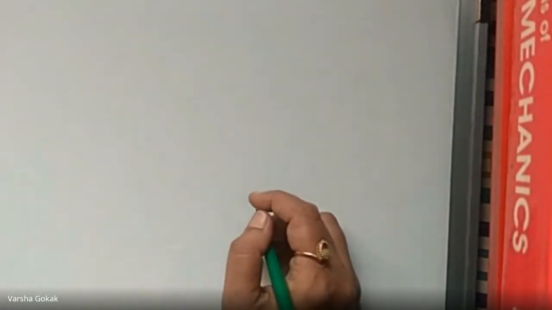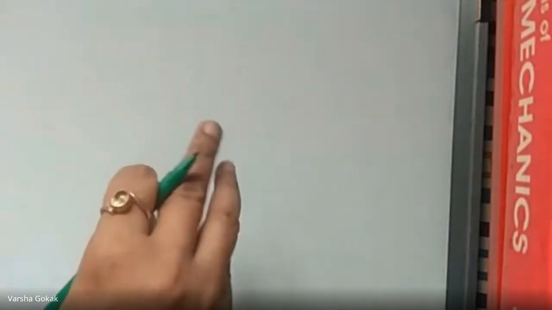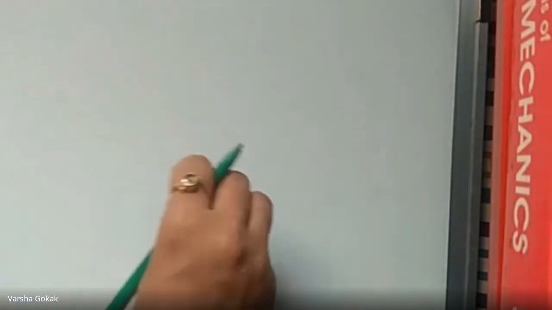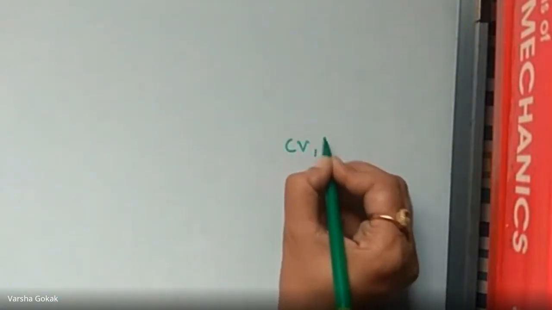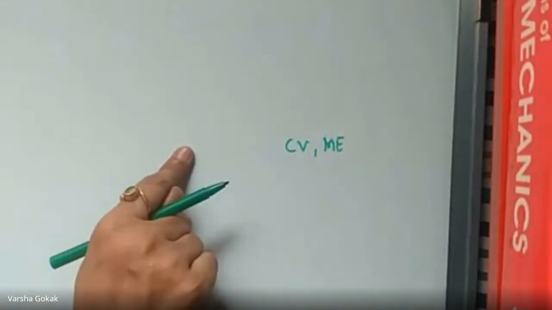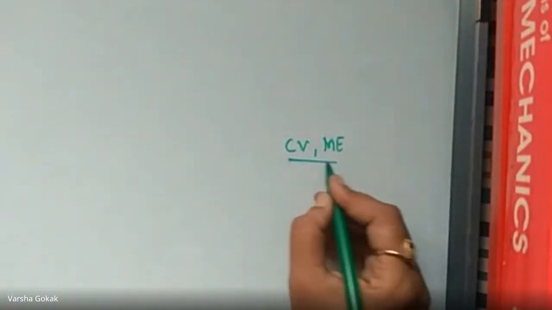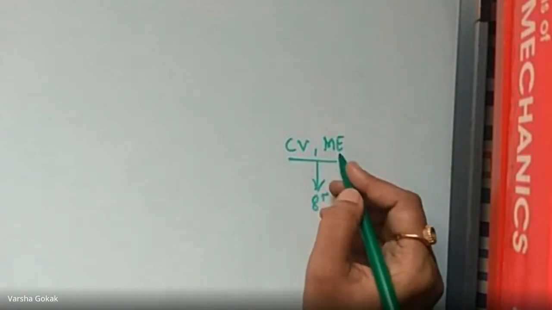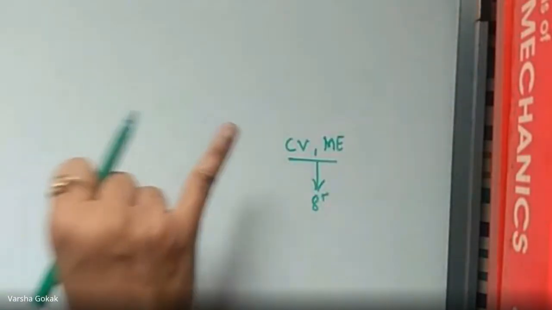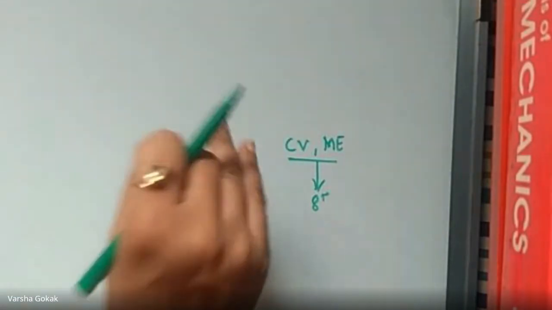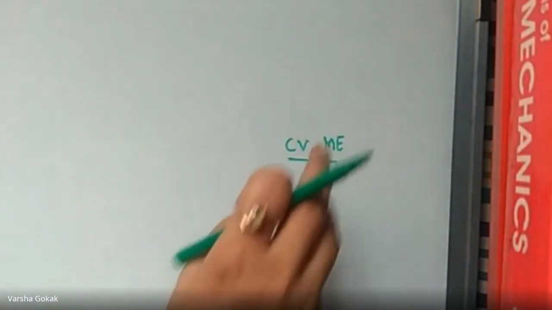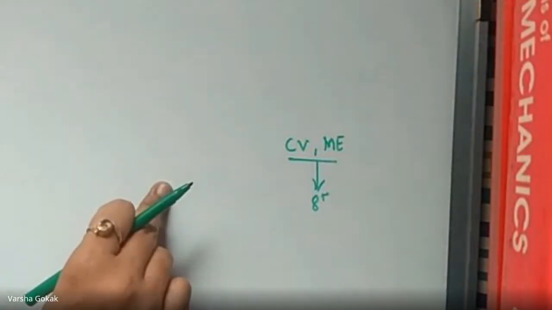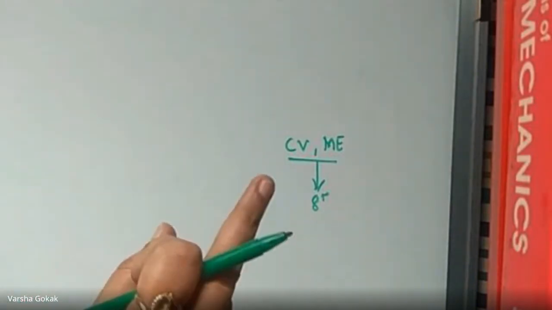Why I asked is, other branches also, mechanics is important. Throughout your engineering and your MTech, you will have mechanics coming into picture. But for civil and mechanical engineering, if you don't understand mechanics, from your third semester to your 8th semester, there are subjects like mechanics of materials, strength of materials, analysis of determinate structures, analysis of indeterminate structures. These all have a foundation in mechanics. If you've not understood here, you will not understand there.